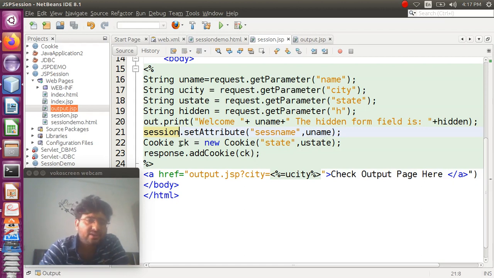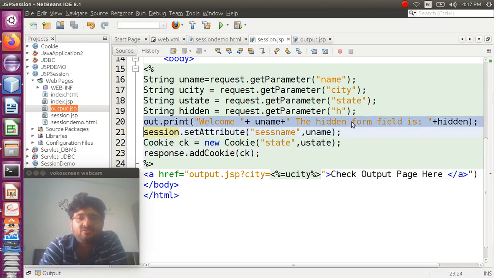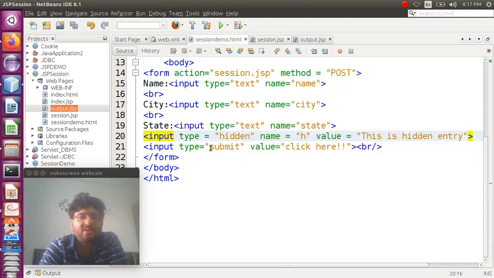Okay, also I have created one cookie, and this response.addCookie actually adds the cookie onto the response. So this we have discussed in the previous lecture itself, like how to create the cookies and how to add the cookie. So till now what we have done is we have read the hidden input form field, and we have also stored the session value through the session object, and this cookie thing we have already discussed in the last lecture. So the new thing for us in today's lecture is reading the hidden form field, creating the hidden form field.